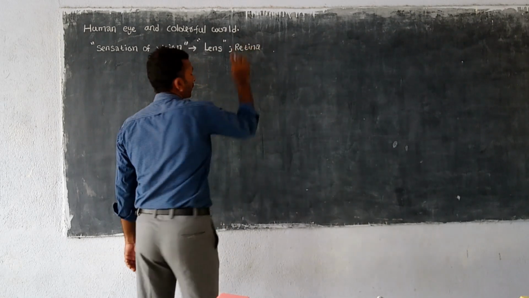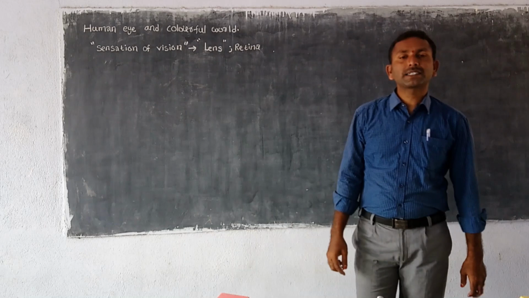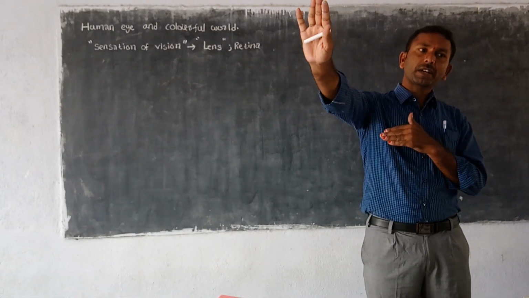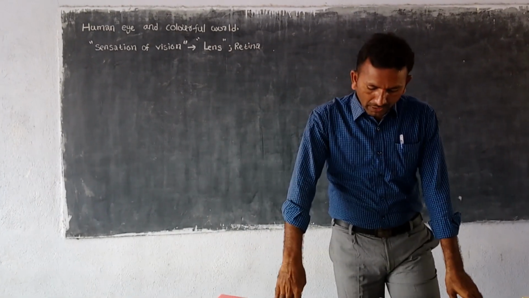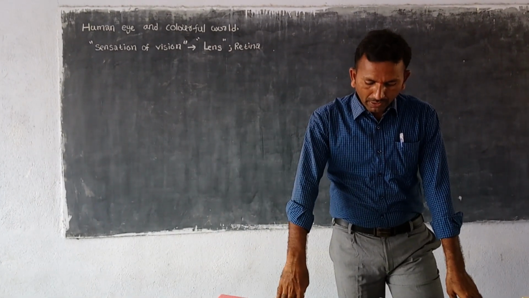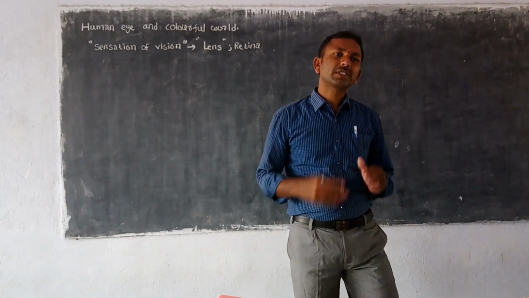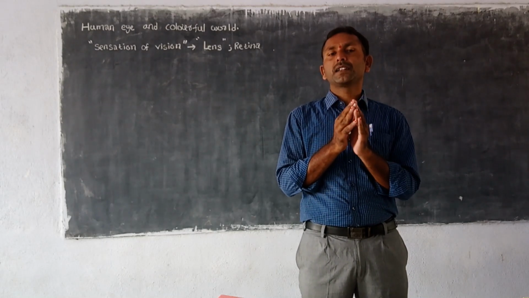Retina is another part in the human eye, and how is it possible to catch the image if the object is closer to our eye and if it is farther away from our eye? So let us discuss: are we able to see all objects in front of our eye clearly? That means, are you able to see the objects which are in front of your eye?